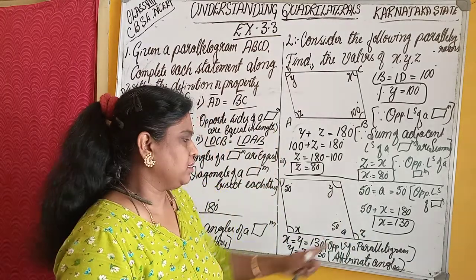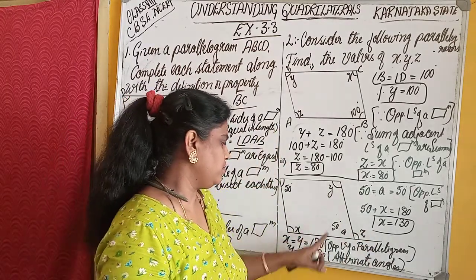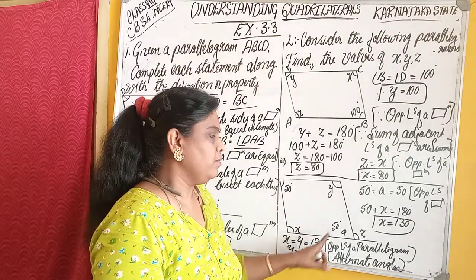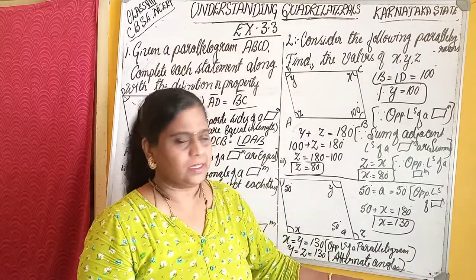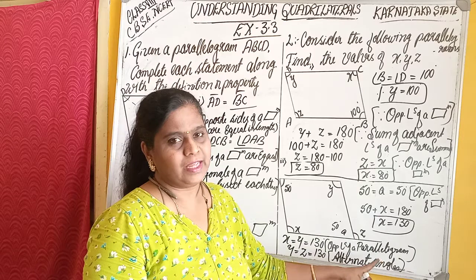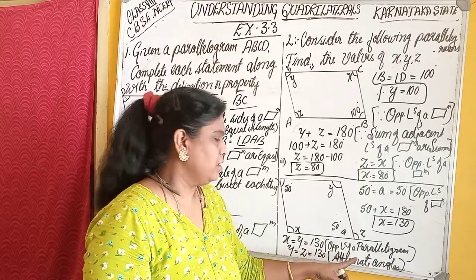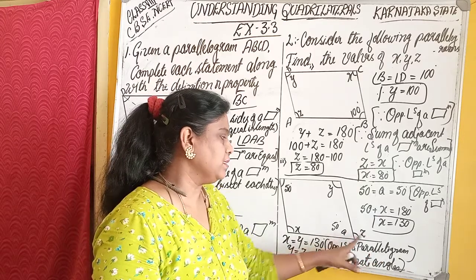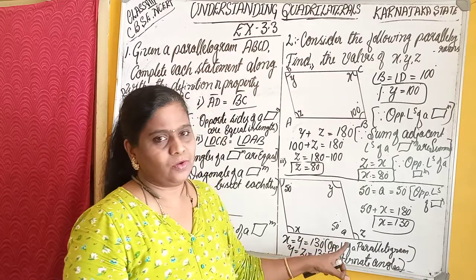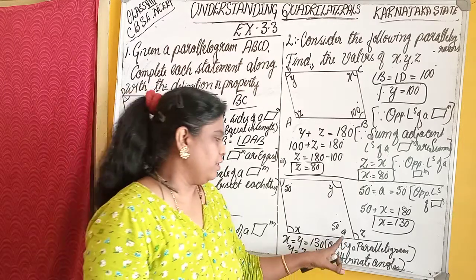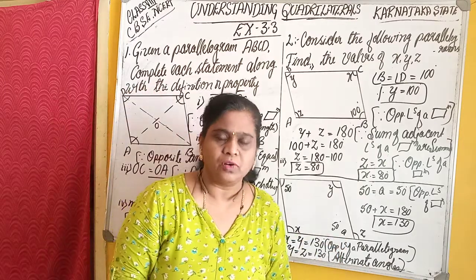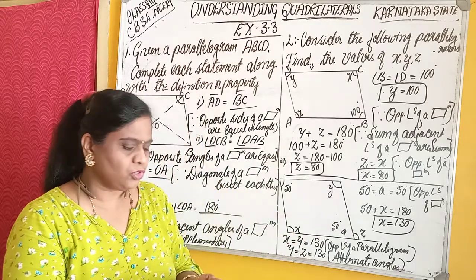Okay, students. Otherwise, you can also take angle 50 degrees plus z degrees is equal to 180, that is z is equal to 180 minus 50, that is also 130. The reason for that is linear pair. If you add the angles on the straight line, that is supplementary. Therefore, on the basis of that, you can also solve this.